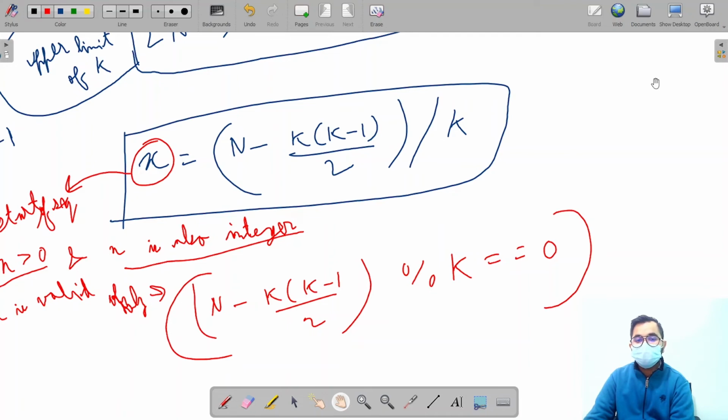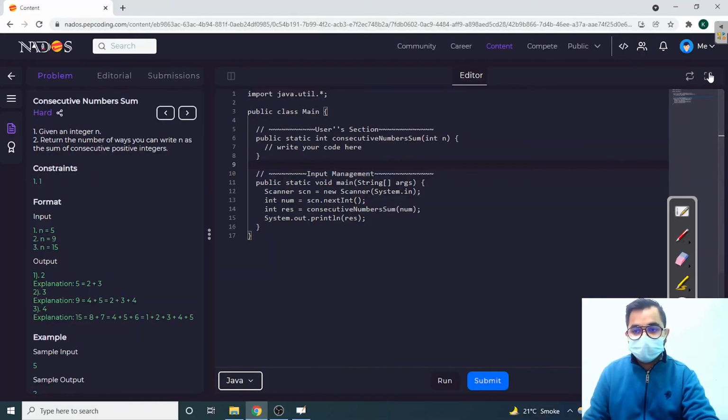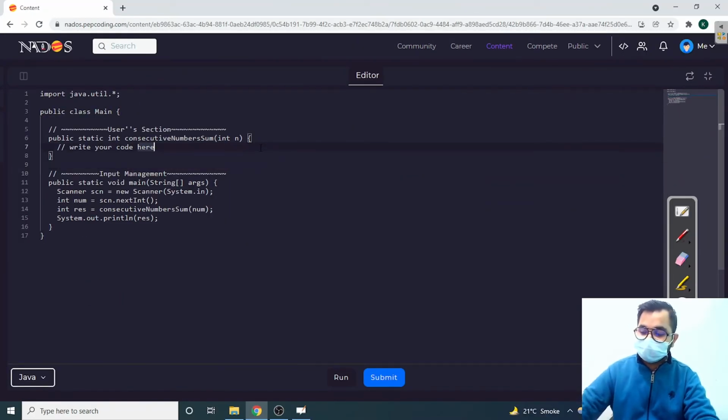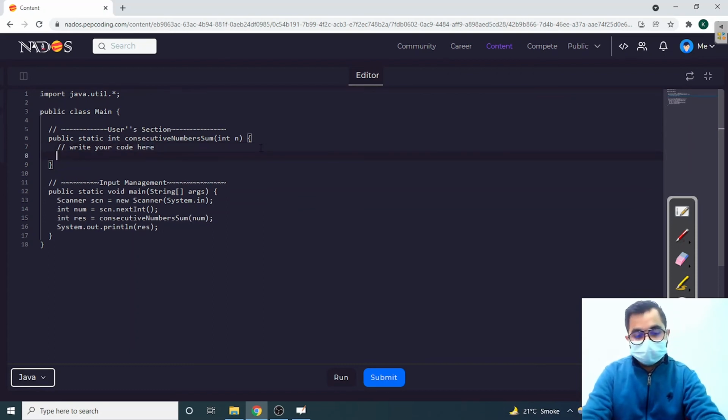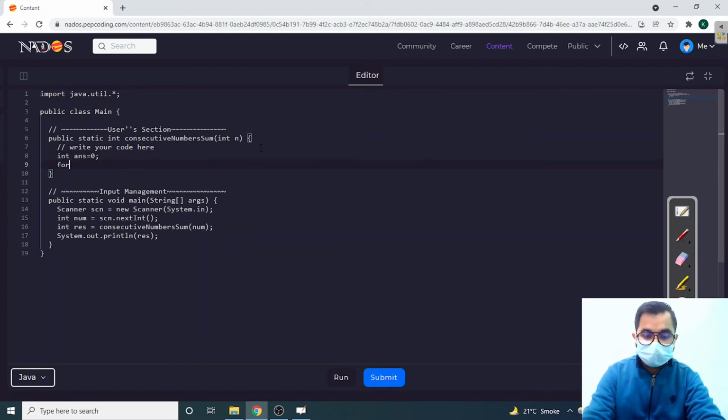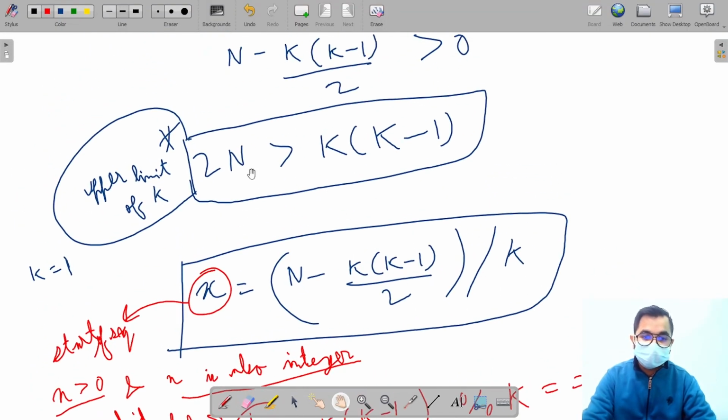Okay, now this is going to be very simple to code. We are just going to implement these two equations and find a solution. So let's implement it now. So first thing, what we needed was our answer that we are going to return. Now for int i, not i, we were trying to find the k. We know k starts from 1 and it is going to follow this condition: k into k minus